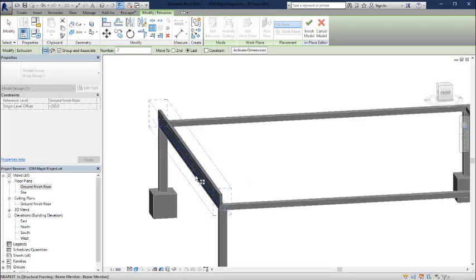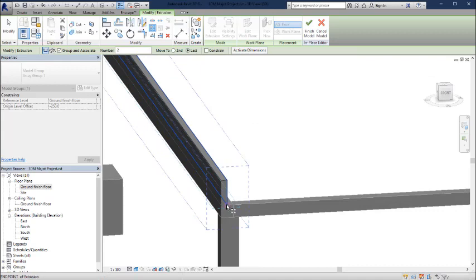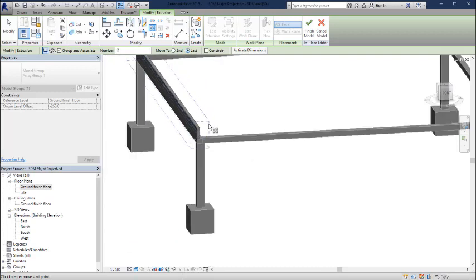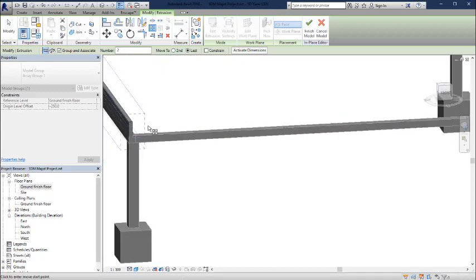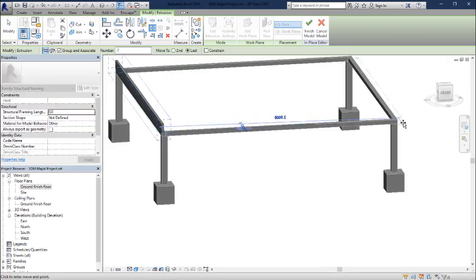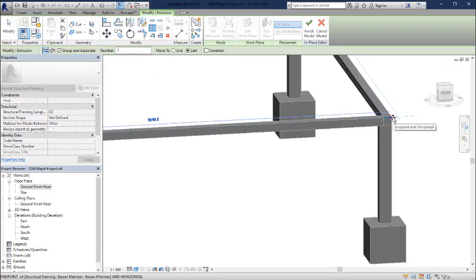So let me choose here. Before I choose that, I want to choose the last member. So I'm going to choose the first member, which is this, and the last member, which is that, and then I will choose how many divisions I would want. So to do that, I'm going to choose this point here, and then choose that point here, and I'm going to